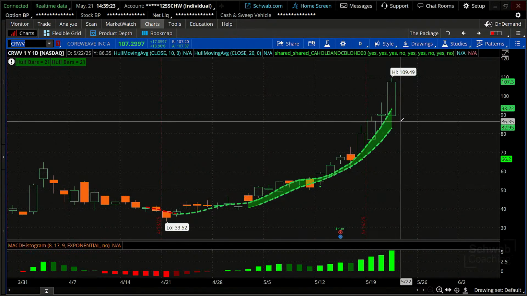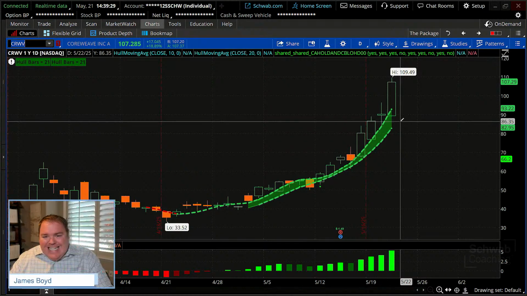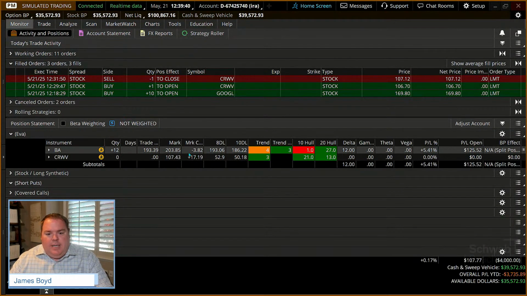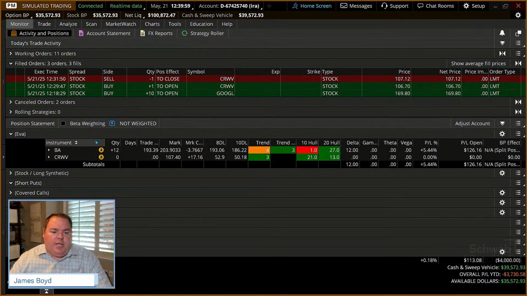Now, I don't know how you feel, but if you have 8, 10, 12, 15 positions, physically looking at your stocks on a daily basis, each one of them on the chart, you might say, I've got other things I'm doing. The nice thing about what we're talking about is we could actually use the monitor tab as a weapon, an instrument, if you will, and say, how do we actually track the stocks? These column headings become very important in terms of tracking the trends and potentially adjusting the type of strategy we're doing based upon the trend.